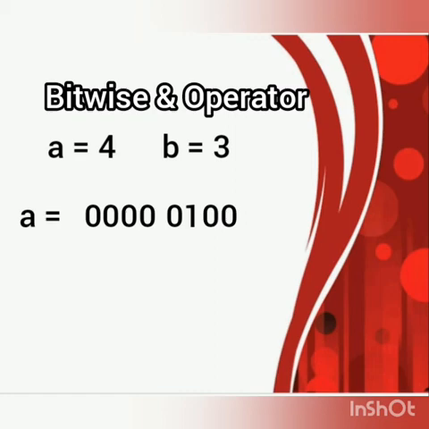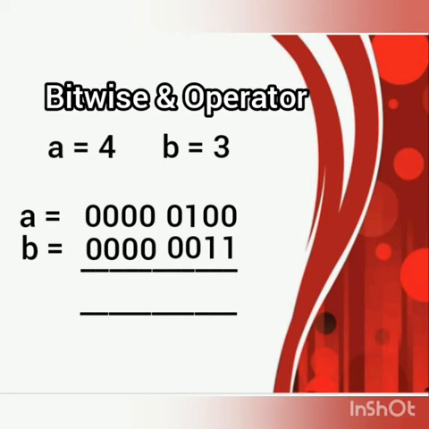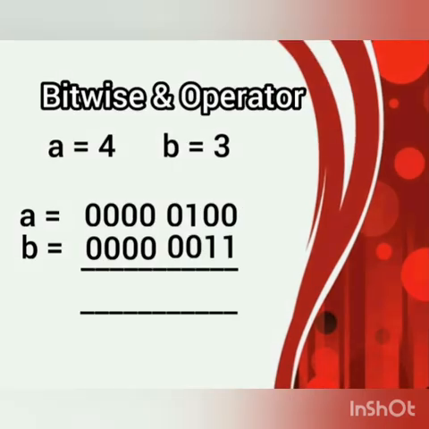Then, the B value is 3. What is the binary value of 3? 0, 0, 1, 1. Okay, then here also we have 4 digits. So, we have to make it as 8-bit code. So, we have to add 4 more zeros on the left hand side. So, first we have to write it in the binary format and then do the operation. Now, we are going to do AND operation, that is bitwise AND operation. So, the concept of AND is both true is true. So, 0 and 1 is 0, 0 and 1 is 0, 1 and 0 is 0, then 0 and 0 is 0, then balance